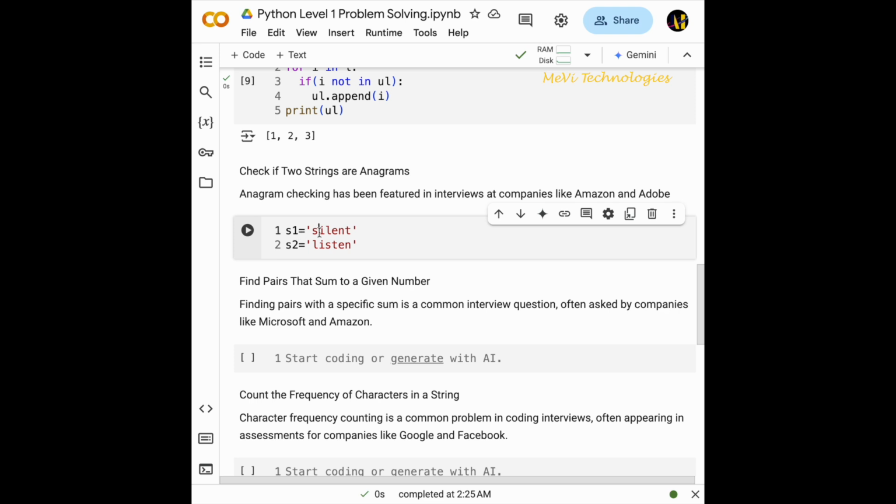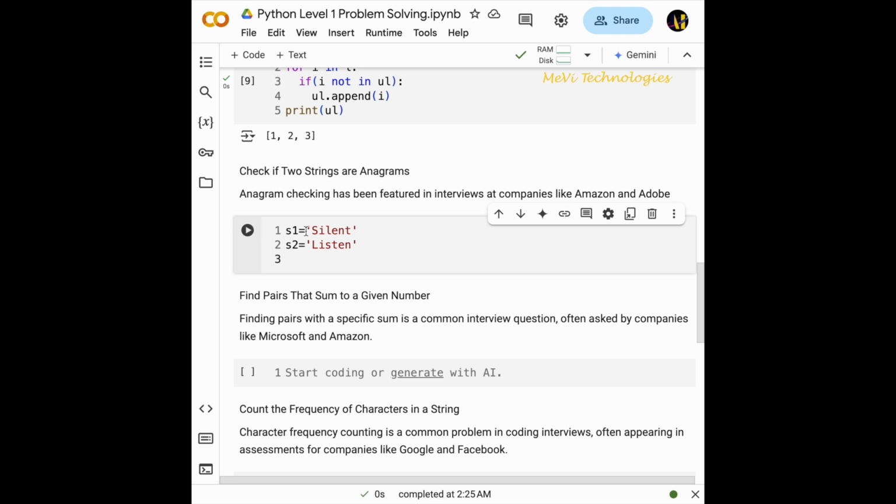So now sometimes what will happen is you might have given capital S and here capital L. Since it is case sensitive, it is going to consider that these two are not anagrams. So now first I'll write a program for both in lowercase. Now what I'm going to do is use a method called the sorting method to work with this. So I'm going to say if,